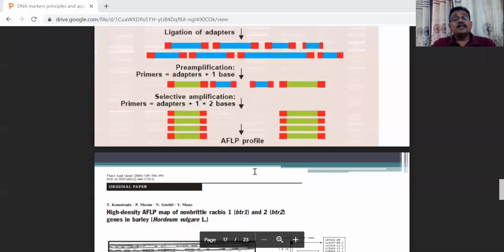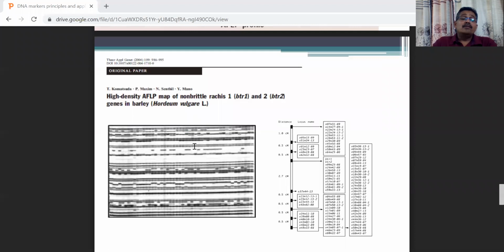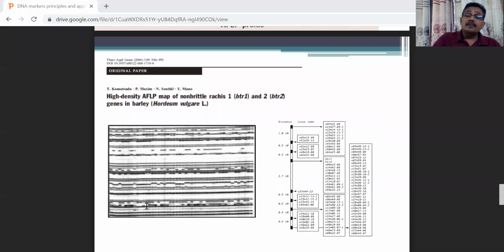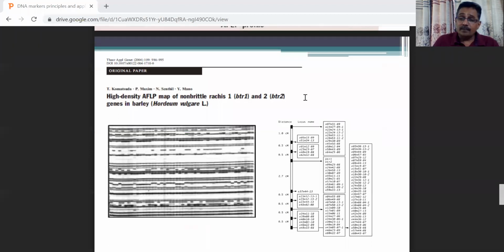By that you get the AFLP pattern, and we get a lot of alleles because we use restriction enzymes, we are targeting regions throughout the genome, and we also amplify those regions. So you get a lot of fragments, starting from 50 base pair to even 5 kb in size. These fragments cannot be analyzed by a simple agarose gel. We have to go for a urea denaturing PAGE.